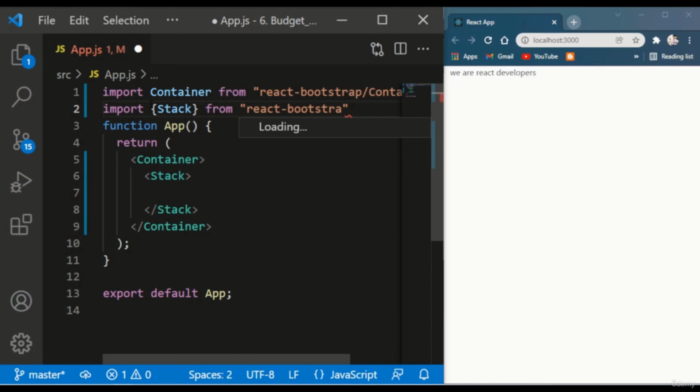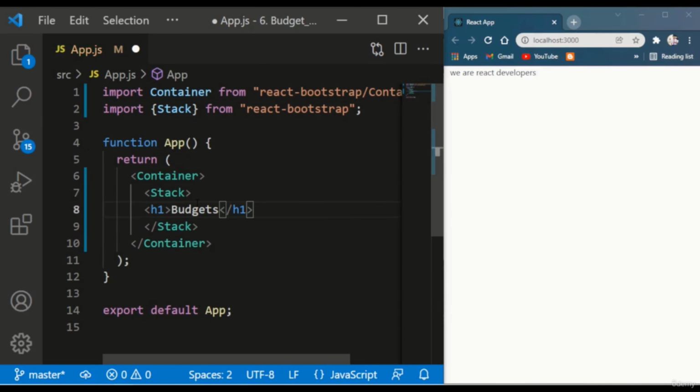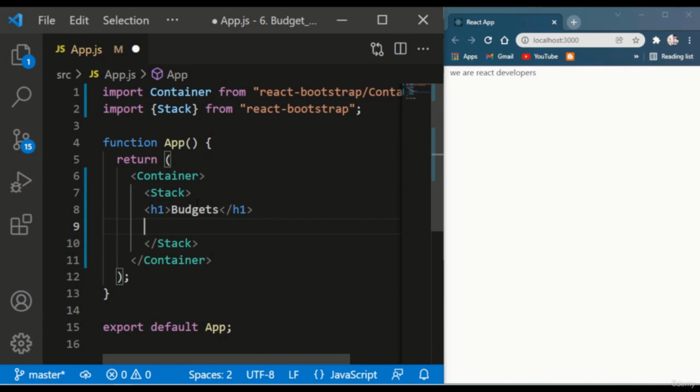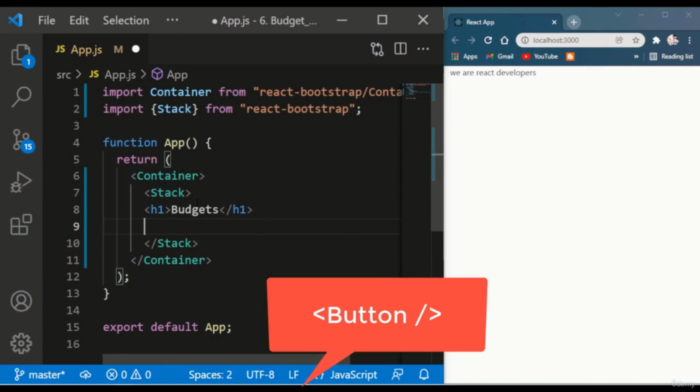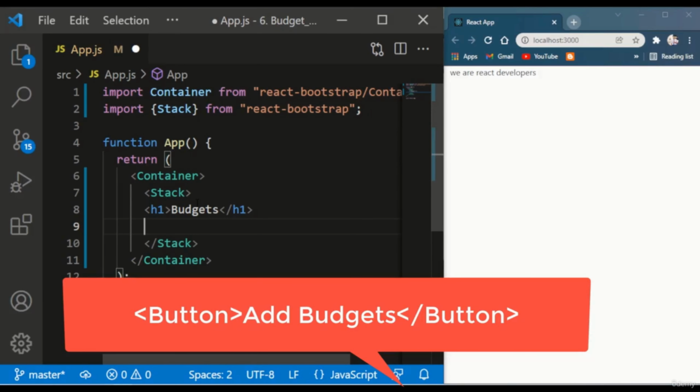For the first element inside our stack, we will have the h1 tag, that is the heading, and that heading will contain Budgets. Next to the budgets there are going to be two buttons on the right side, and for those we can use the Button component of react-bootstrap. You also have to import the Button, otherwise we will get an error in the browser. The self closing tag will not be available here because we are going to pass the button title manually. So I will pass the Add Budget text,